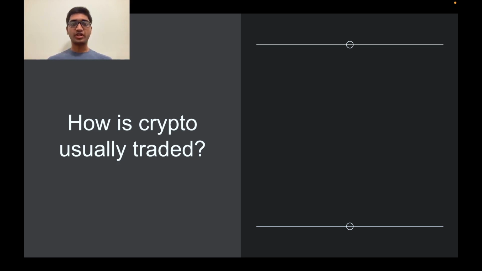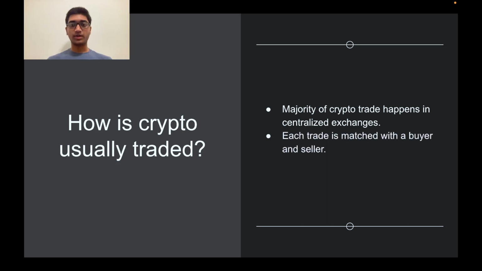The vast majority of crypto trading takes place on centralized exchanges such as Coinbase or Binance. These platforms are governed by a single authority, which is a company that operates the exchange, requiring users to place funds in their control and use a traditional order book system to facilitate trading. In order to make a successful trade using this system, a buy order has to be matched with a sell order on the opposite side of the order book for the same amount and price of the asset.